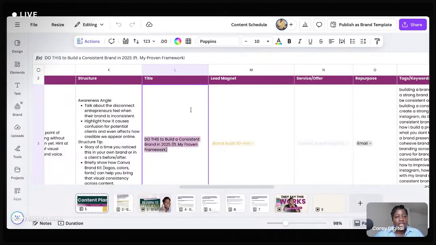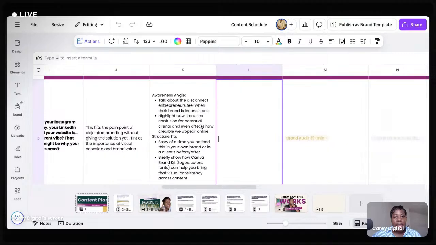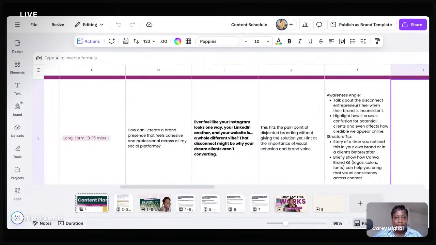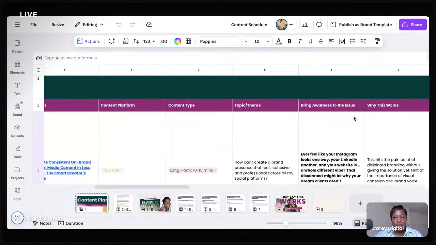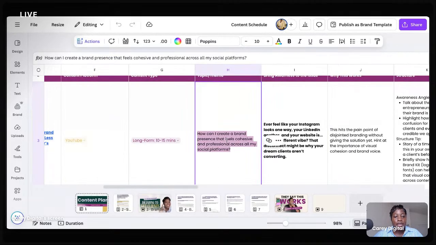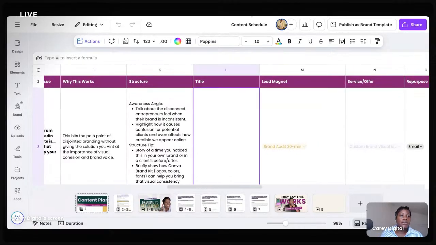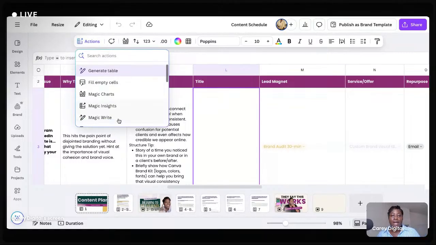So for the title, I'm going to delete the one I have. Let's say I'm going to use my content idea, right? Let me use my content topic slash theme. I'm going to copy it. Then I'm going over to title. Then I'm going to actions on the toolbar. I'm going to select Magic Write. And then I'm going to say,